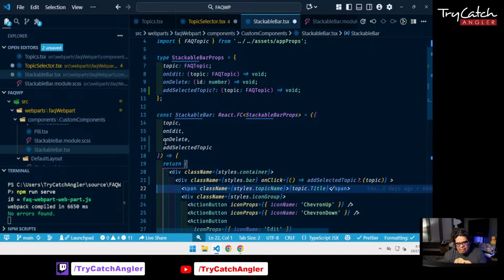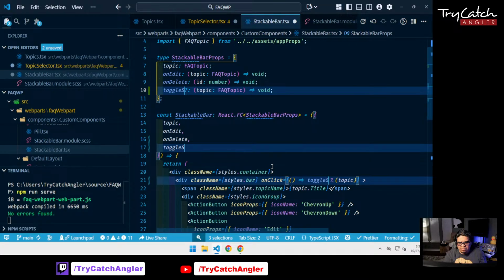So that's why I'm saying, like, it might be, well, no, now that I'm doing this live, I'm really starting to think about it. I think that we should keep it this way, but it shouldn't be optional. We need to toggle it. What that means is we're going to use it for both, to add it and remove it. Similar to a light switch, right? If it's off, you're turning it on. If it's on, you're turning it off. So instead of add selected topic, let's call it toggle selected topic. And we're not going to make this optional anymore,